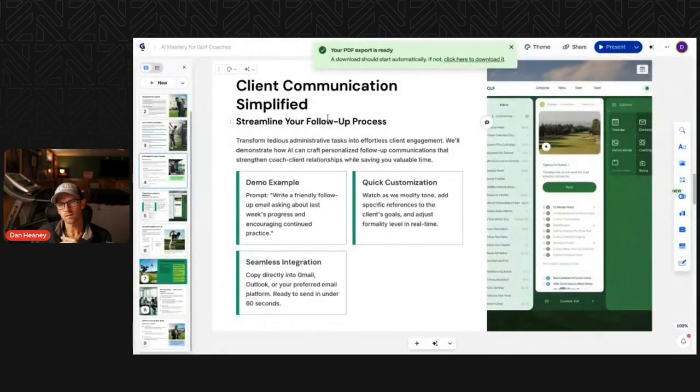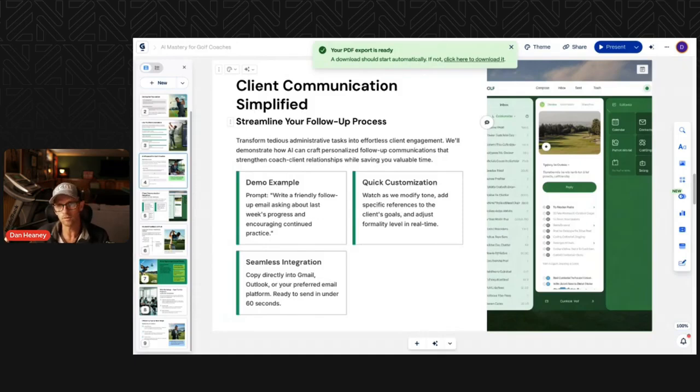So this is what I was just talking about, the data analysis. Also, using platforms like V1, you can use AI inside of the platforms to come up with custom practice plans and custom follow-ups for people that do lessons with you via that app. So it's really powerful, because now you don't necessarily have to spend 30 minutes to an hour coming up with this comprehensive game plan for a student after a lesson.